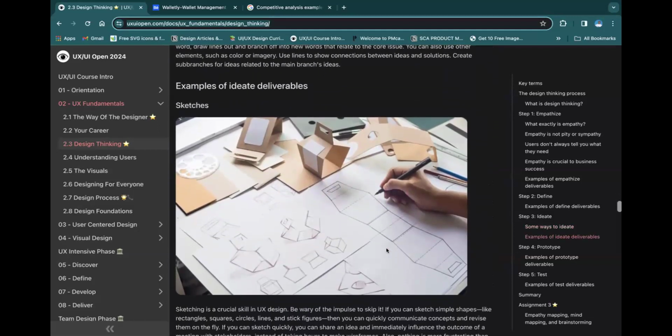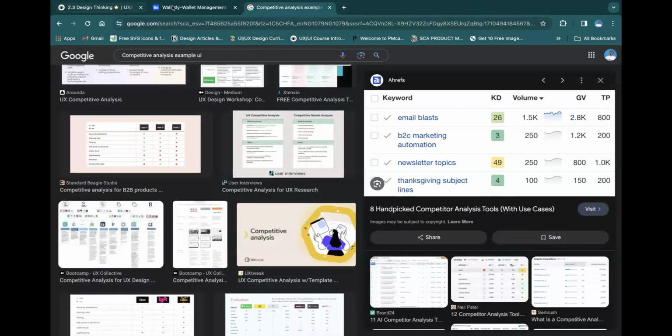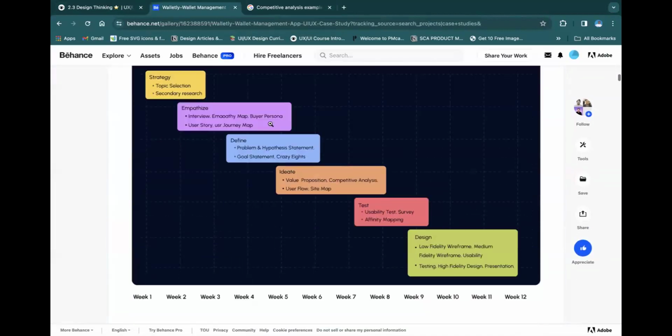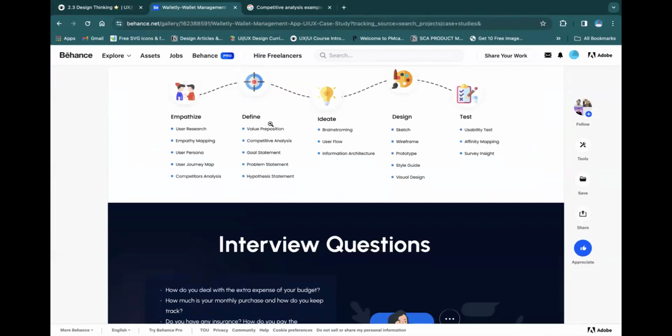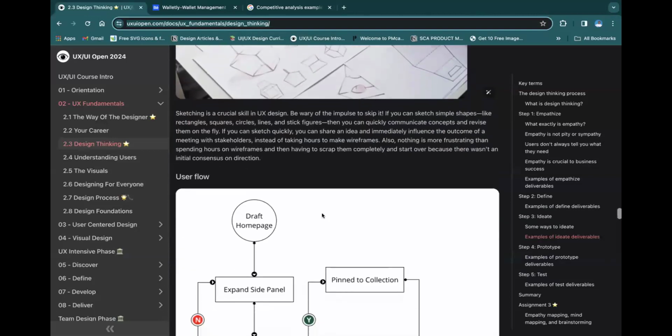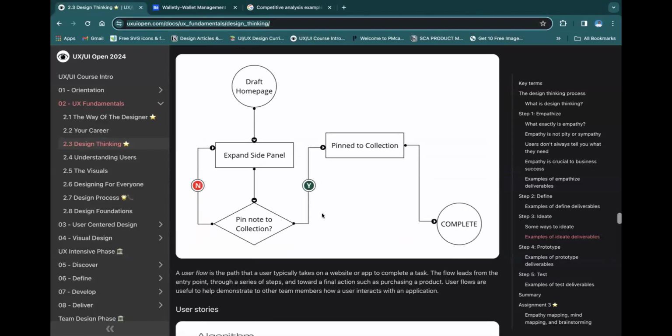So what do we deliver during this stage? We can deliver different sketches. When we mean sketch, it can be a sketch of the solution that you're coming up with. So sketch up your solution, like the flow, how you want this to go. Then we have the user flow. Now the user flow is like